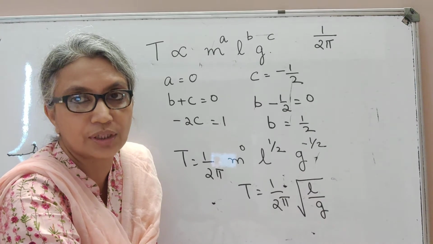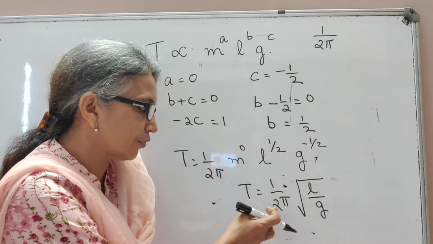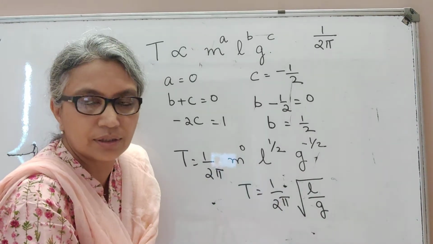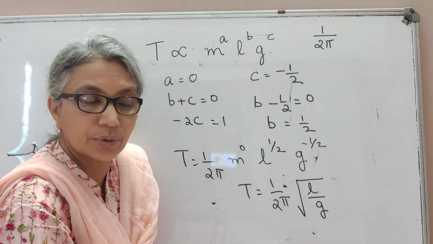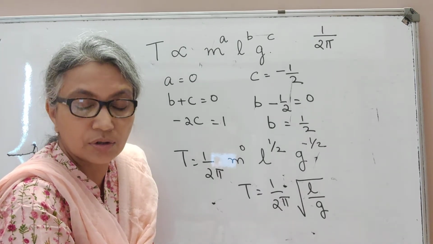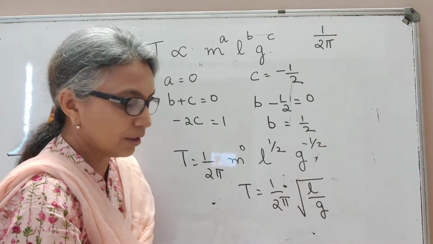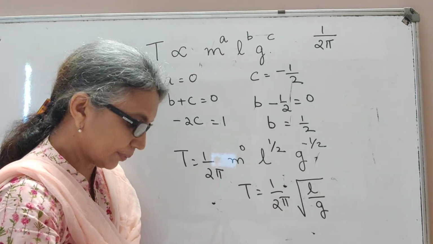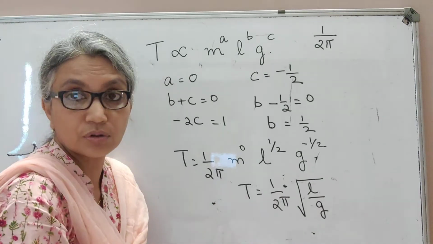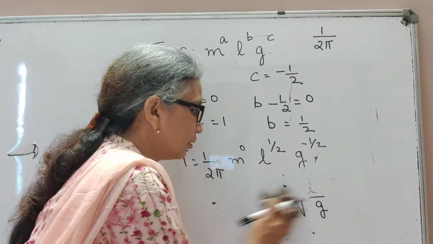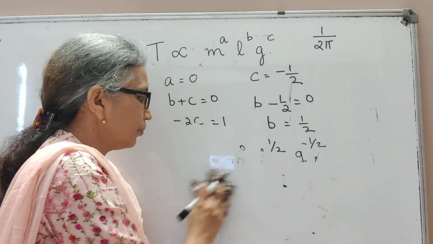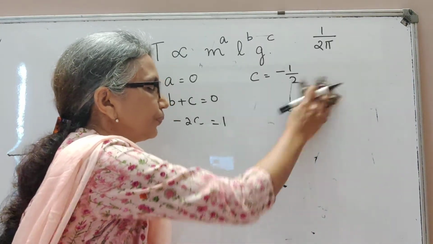So this is how you can derive the relation for a physical quantity in terms of its factors by doing dimensional analysis. One drawback you would have seen is you can't find the constant here. Constant they'll have to give you in the question. You can't find the constant using dimensional analysis, and that is a drawback of this dimensional analysis. One more question we'll do so that you will get more comfortable with this.